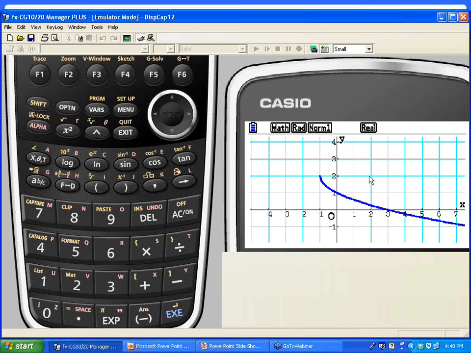Now, once again, I want to see what the inverse is going to look like. So I'm going to hit Shift and Sketch and F4 for inverse. And hopefully, if you do enough of these, your students are going to start seeing a pattern where the blue graph was going kind of down and right, as I read it from left to right. The other graph, if you read it from right to left, because we are reversing everything, is going left and up. And that's kind of a relationship that they're always going to see.